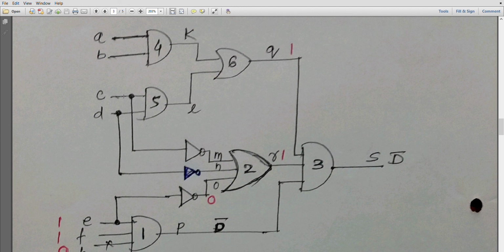So what are the logics that we have discussed? A has to be 1, B has to be 1, C has to be 0, E has to be 1, F has to be 1 and H has to be 0. Again, is this D affecting my test pattern or my logic? No, it is not affecting. So it has to be don't care. It can be 1, it can be 0. It is not going to affect the logic of R. Okay, so D will be treated as don't care.